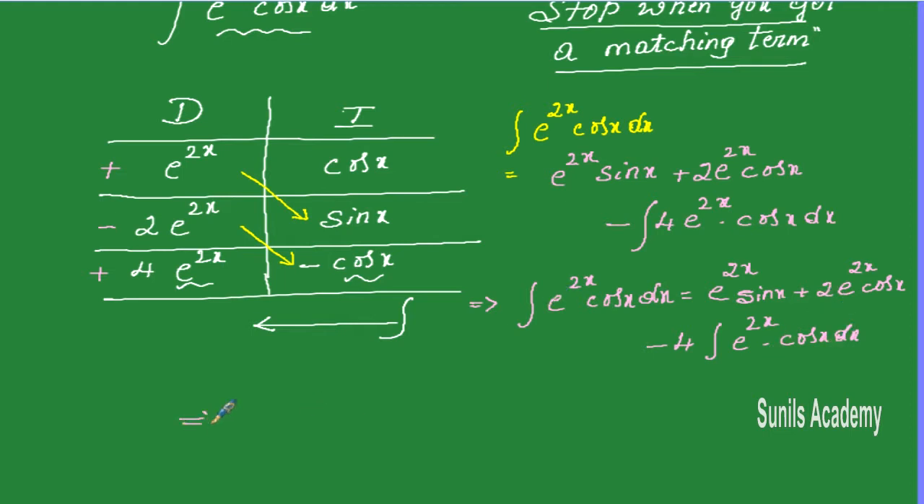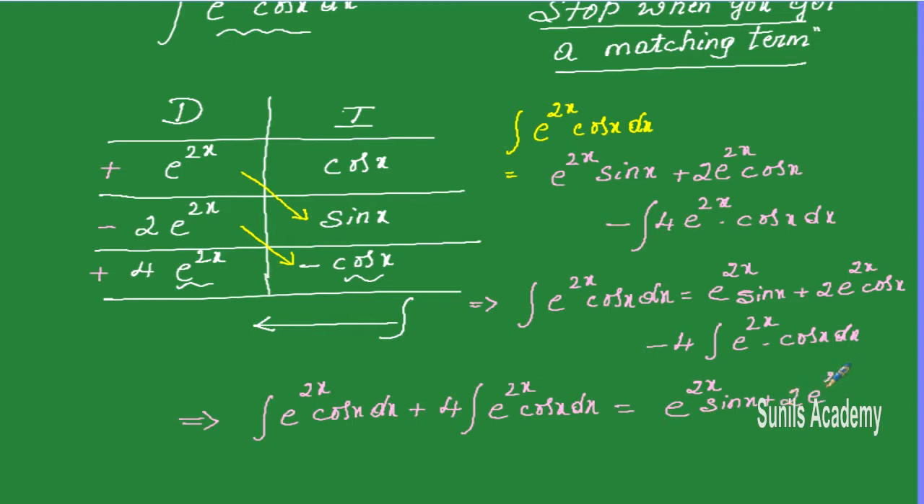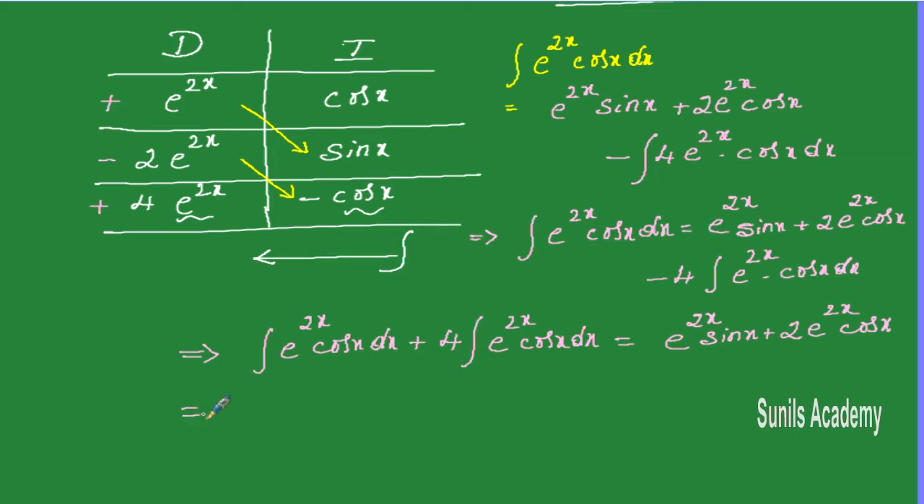Then on the left hand side what we have? That is the integral of e to the power of 2x into cos x with respect to x plus 4 times the integral of e to the power of 2x into cos x with respect to x. The right hand side is e to the power of 2x into sin x plus 2 into e to the power of 2x into cos x. Plus 4 integral of e to the power of 2x into cos x and minus 4 into integral of e to the power of 2x into cos x get cancelled with each other. Then what we have? That is 4 plus 1,